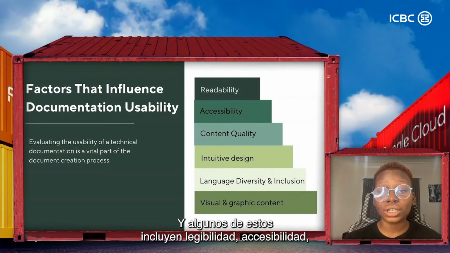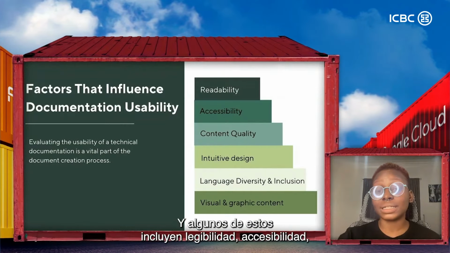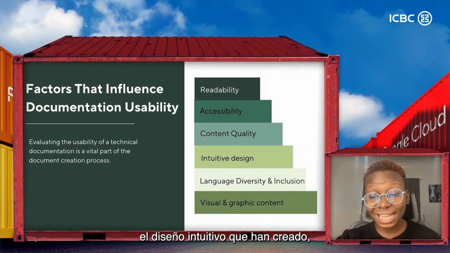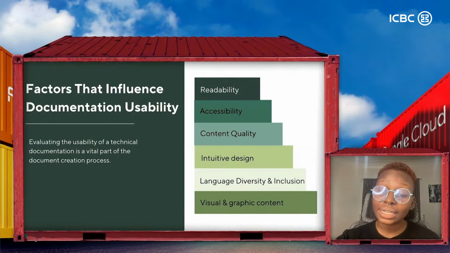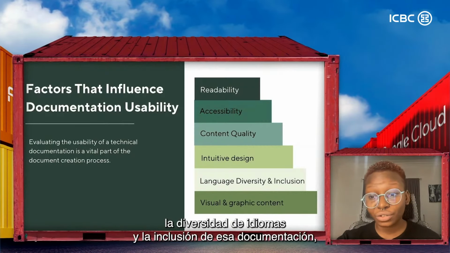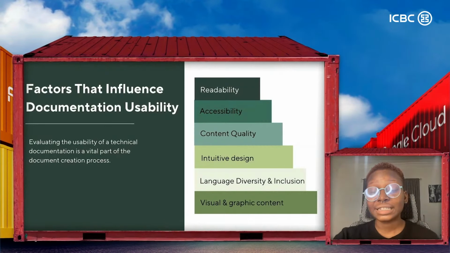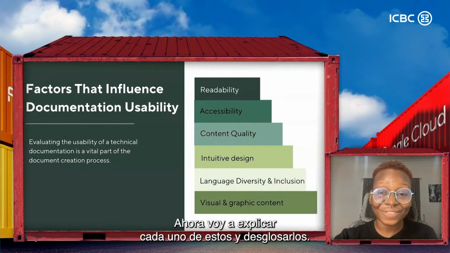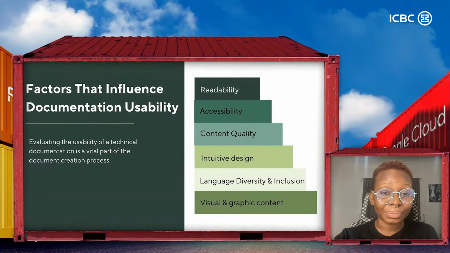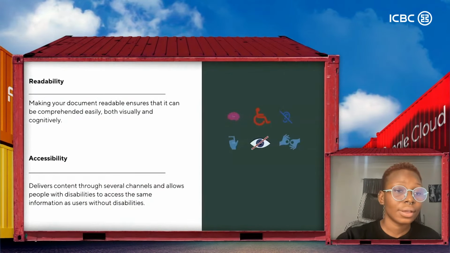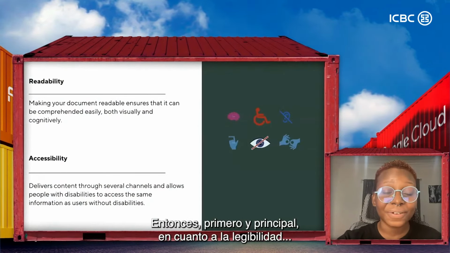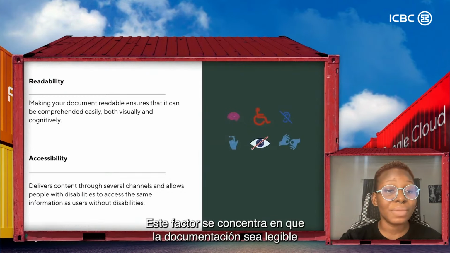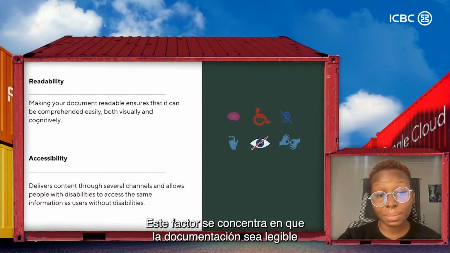And some of these include readability, accessibility, content quality, the intuitive design that you have created, language diversity and inclusion for that particular documentation, and the visual and graphical content. Now we're going to get into each of these and break them down. So for readability, first and foremost, this factor focuses on making sure that your documentation is readable and